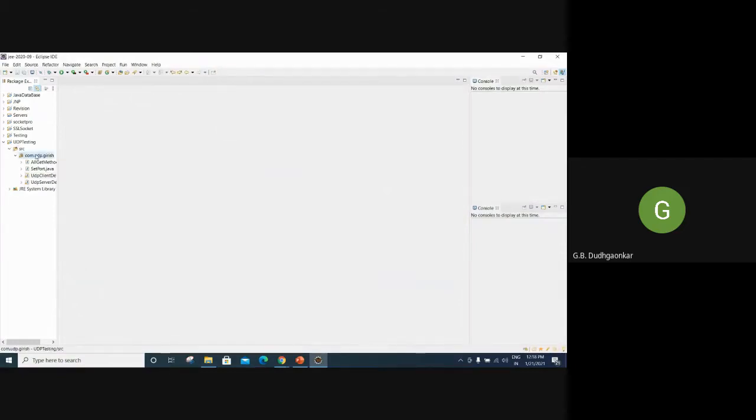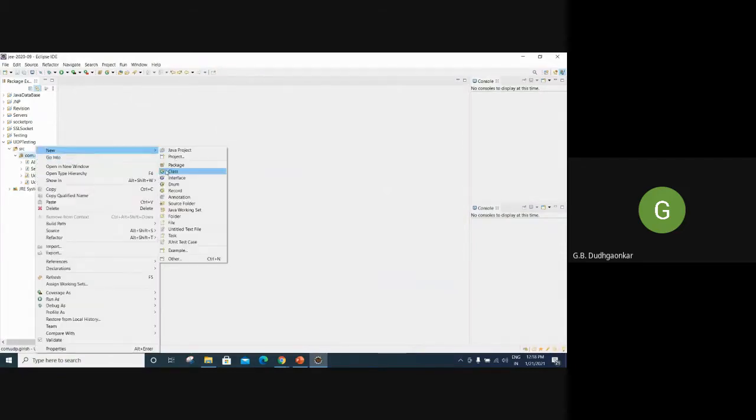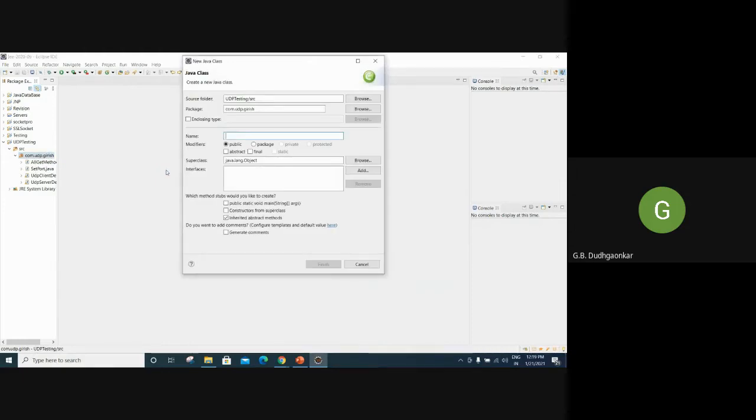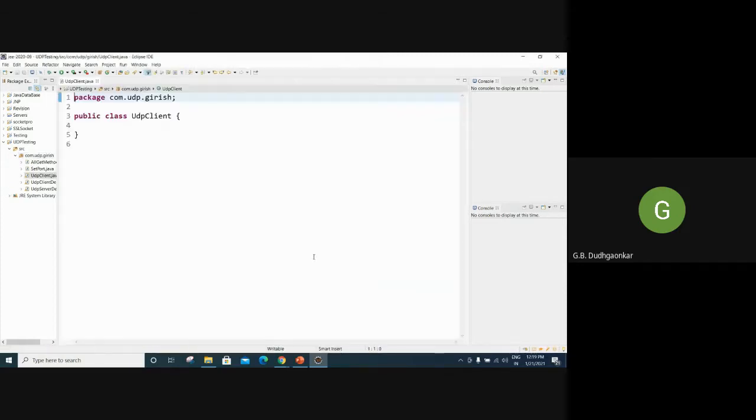So we will create one more class. I will tell you what that program does. So you write UDP client. Now in this program, I am going to show you how the client sends messages to the server until